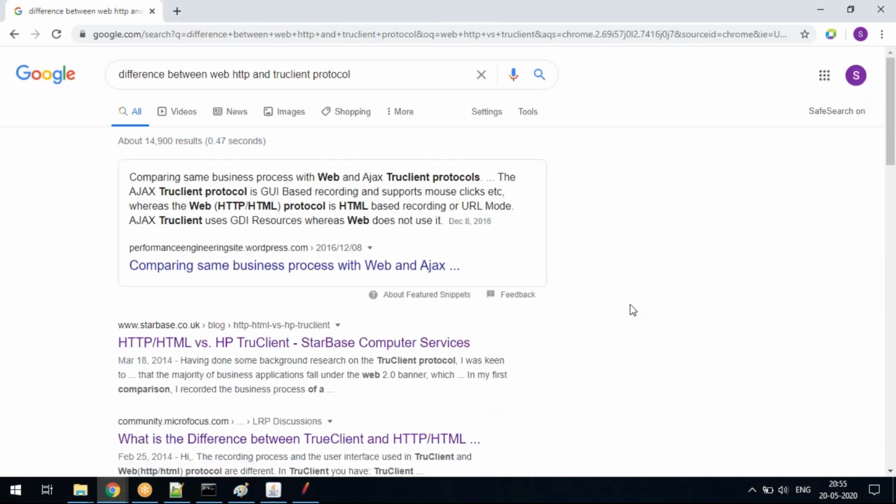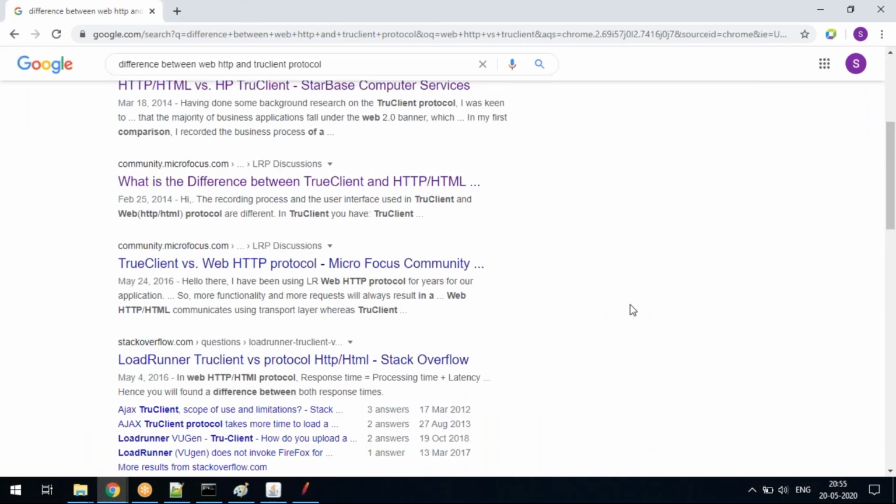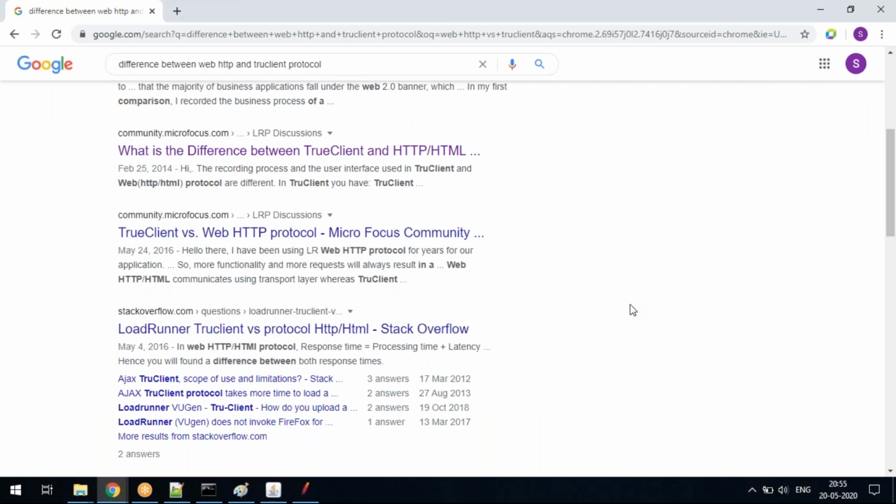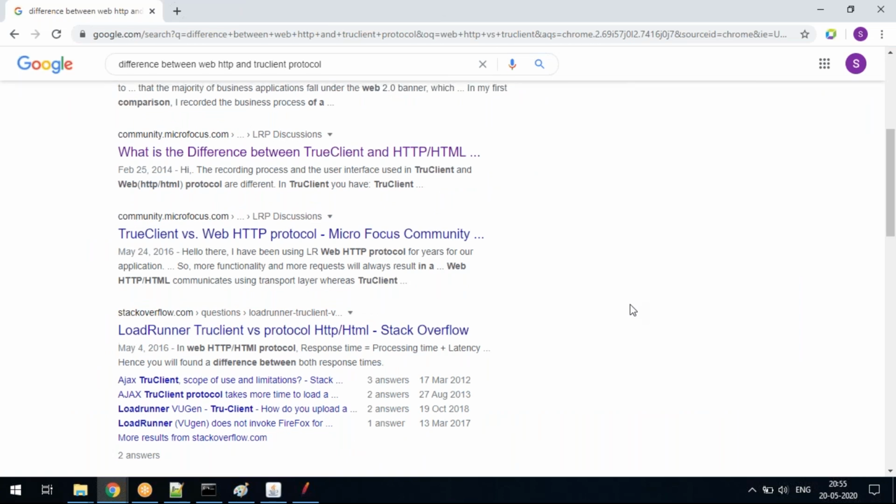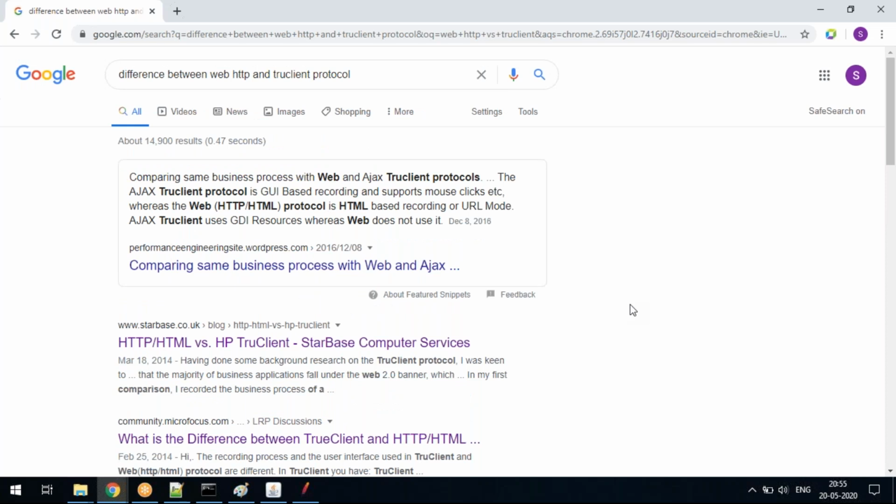For now I did not find it, but usually they'll say this one is in the transport layer and that one is in the browser layer, the TrueClient protocol. That is the reason they are able to capture the browser component loading time and all. But here you cannot see the component loading. You can only see the HTTP page level thing. Somebody can argue with me that there is a thing called HTTP mode and a thing called URL mode, but I'll tell you that is a component loading time.